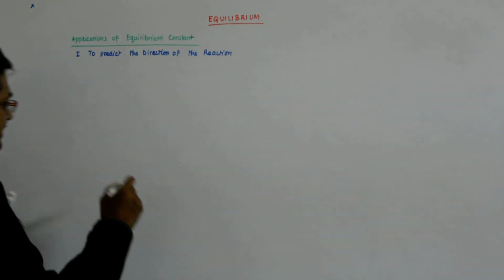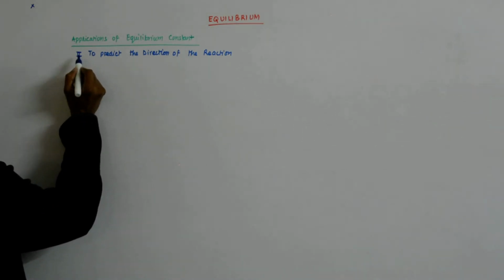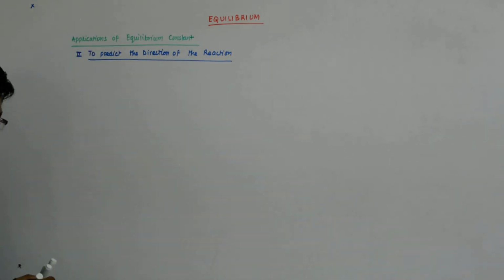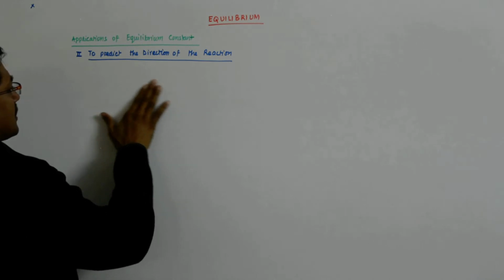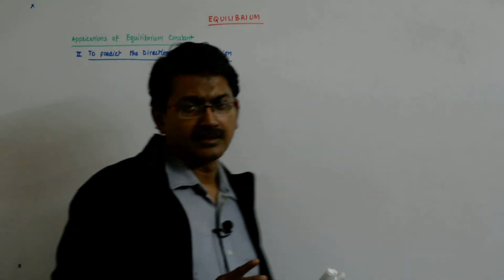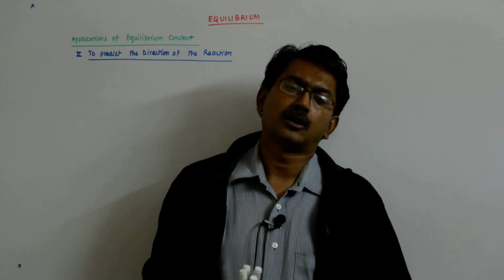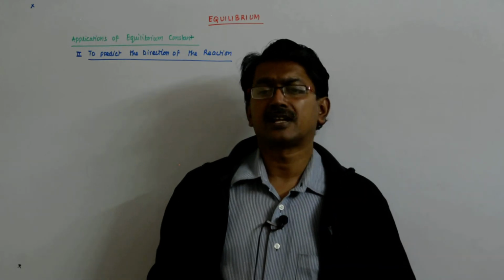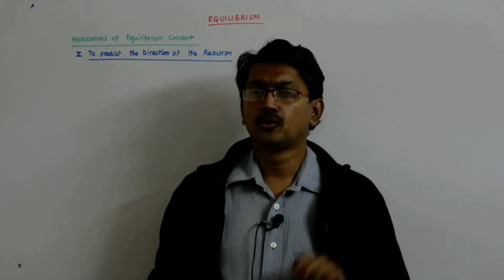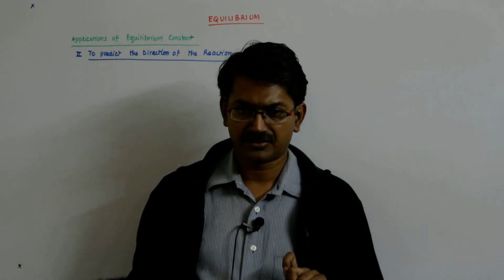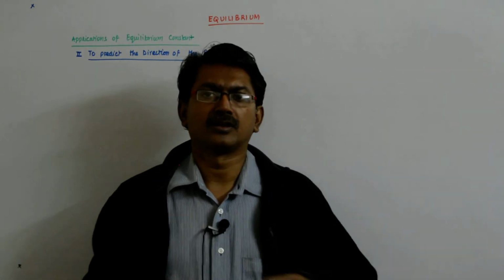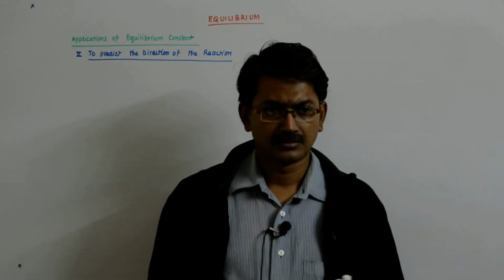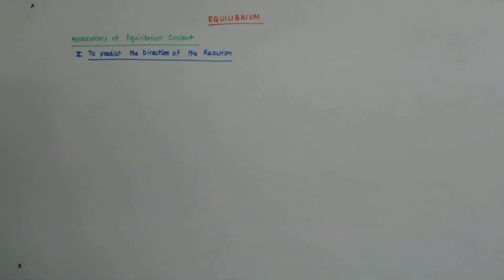Now we come to the second aspect of the equilibrium constant, its application, that is to predict the direction of the reaction. Now, the most important point about the equilibrium constant that we made in the beginning was that the concentrations that you use while calculating it should involve the equilibrium concentrations, after it has settled down in the steady state, not while it is changing, not when it is dynamic.